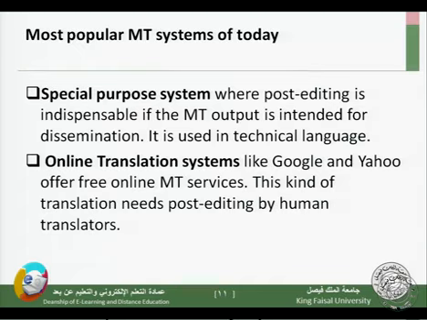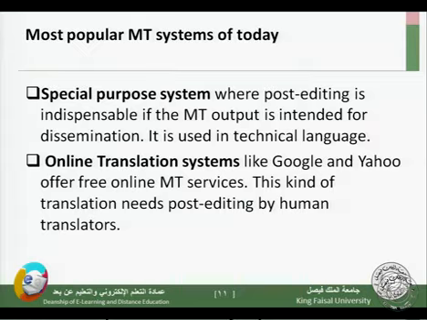And normally, this type of translation is used in technical language, like manuals, scientific manuals, maintenance, and all these technical texts. But still, you need to check them, you need to edit them, you need to revise them if you want to distribute them, for dissemination. Now, the second